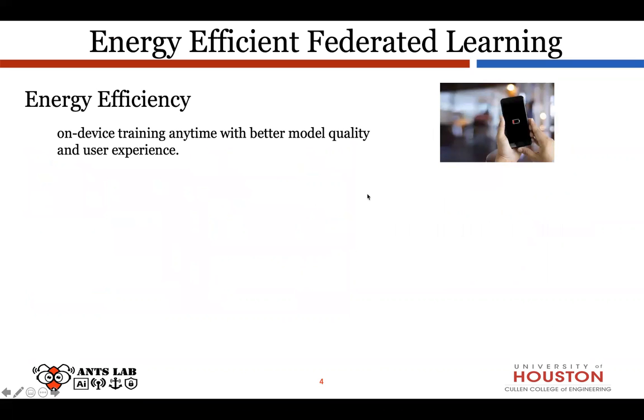Beyond the challenges mentioned above, energy efficiency is another important component in federated learning training because most of the phones are powered by the battery. So energy-efficient federated learning can enable on-device training anytime with better model quality and user experience. Therefore, for this paper, their goal is to design an energy optimization framework called AutoFL, where they do two things.